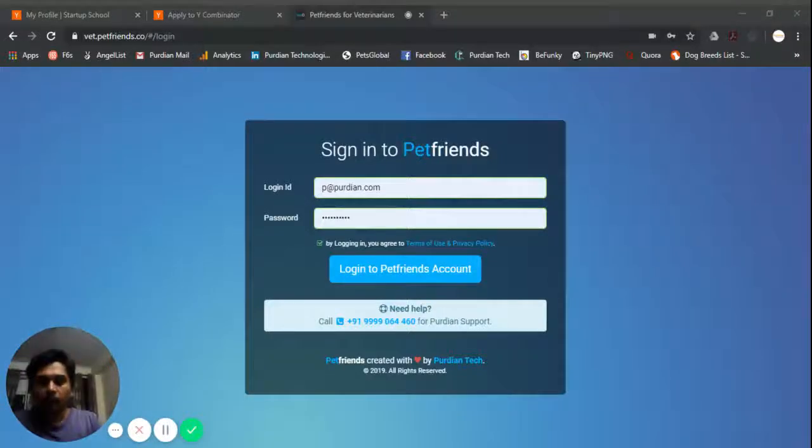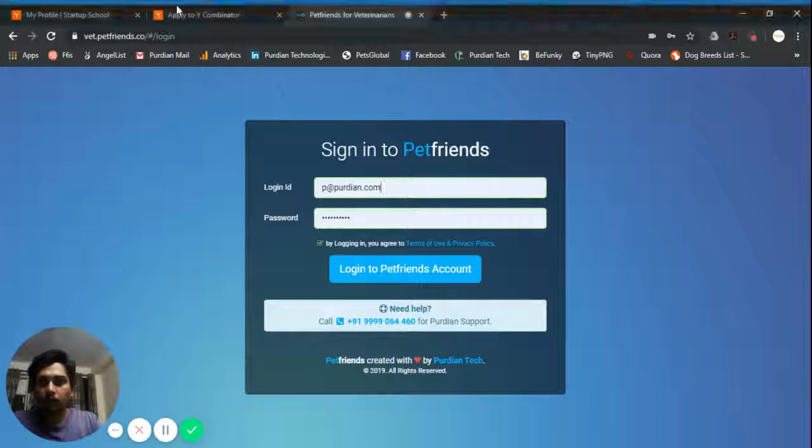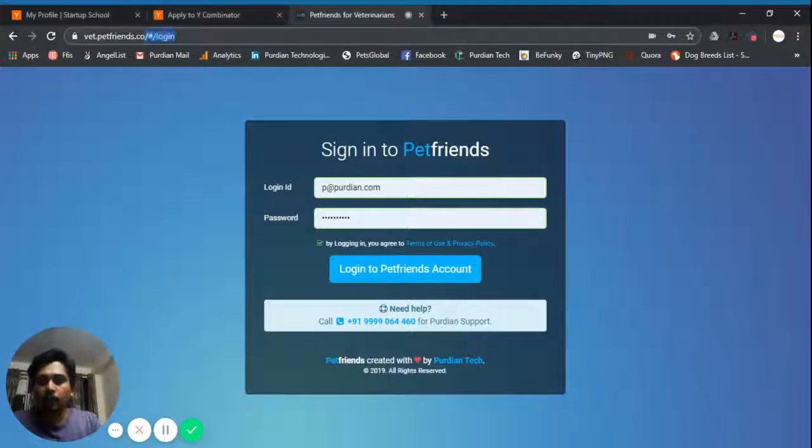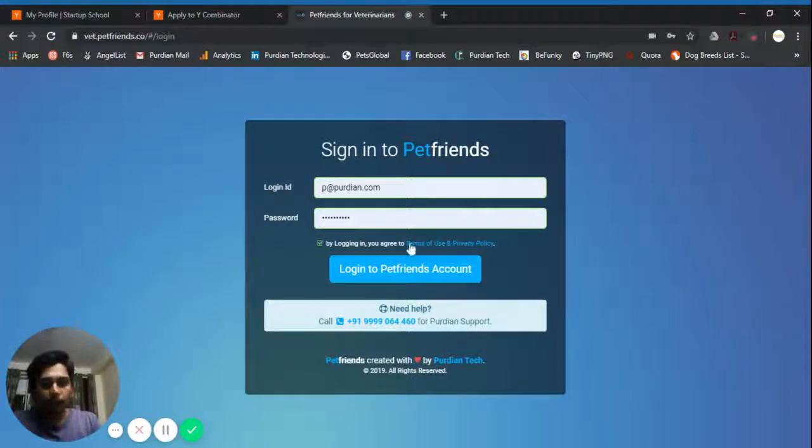Hi, today I'm going to give you a small detour of the vet software that we have at PetFriends. If you already have a login account with PetFriends, if you've reached out to a sales team, you would already have a login ID and password of your choice. You just need to log into vet.petfriends.co. That would take you to this landing page where you need to sign in with your given login ID